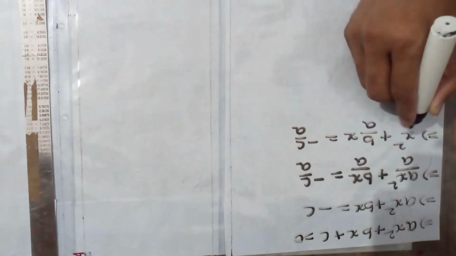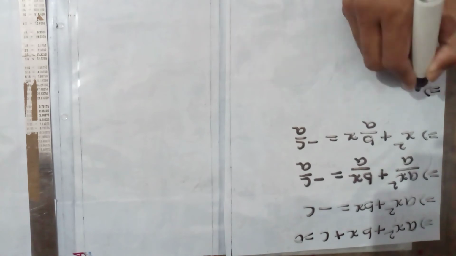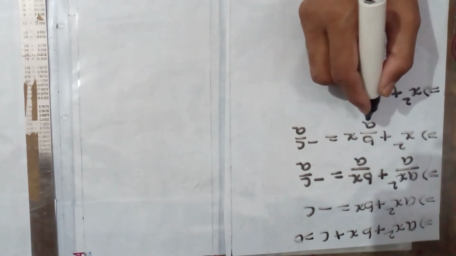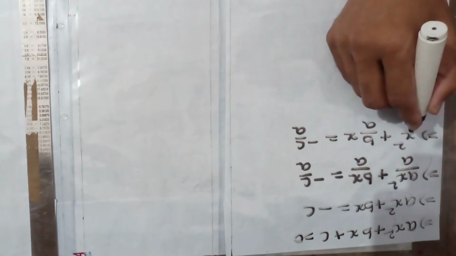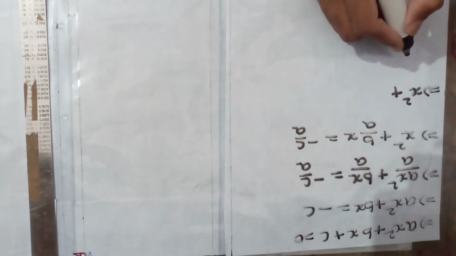So in the completing square method, you need to get either the a plus b whole square formula or the a minus b whole square formula. Here you have a square as x square. Then I need to get the value of b. Therefore, to do that, I have here b by a into x. Already a square is equal to x square, then a is equal to x, then my b value will correspond to b by a.